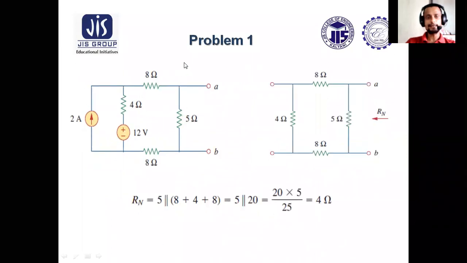Next target is to find RN. So how to find RN? See, as we already discussed, RN is to be found across these two terminals. Suppose you are at point A, you want to reach point B. So you can follow